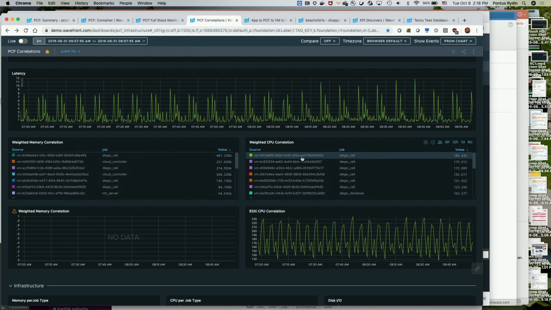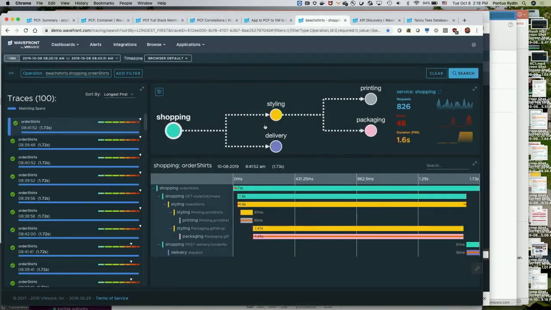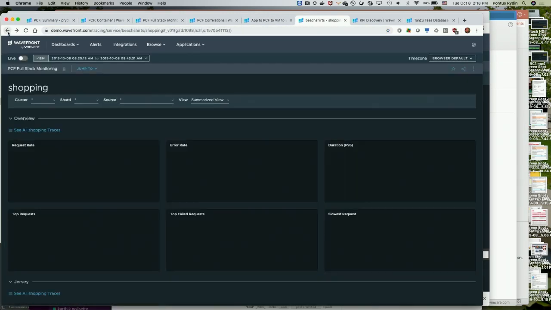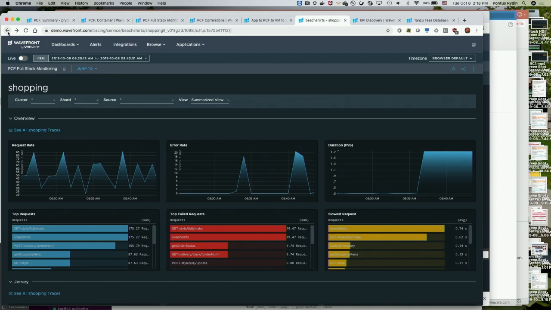But of course, it doesn't really end there, right? One of the things I probably want to do is look at the performance of my application from a user point of view, or from the caller point of view, whatever it is. So here's my little web shop application. If you've ever seen a demo that we give, we always use this little t-shirt shop. It was on the main stage at VMware, a bunch of other things.